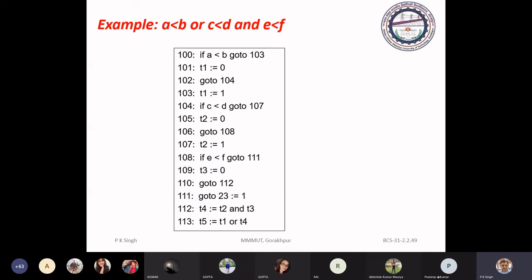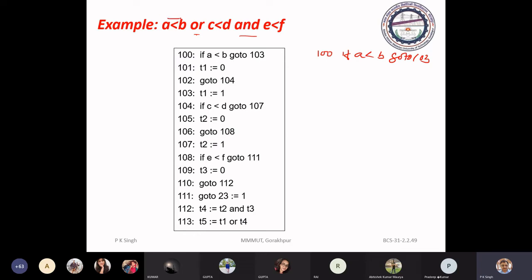But suppose we have an AND operator with the same precedence and left associative. In that case, this code sequence gets changed. Just see how. At 100 you will get: if A is less than B, go to 103.